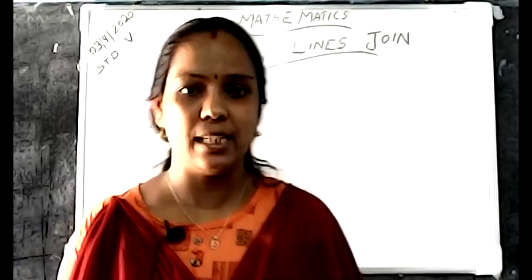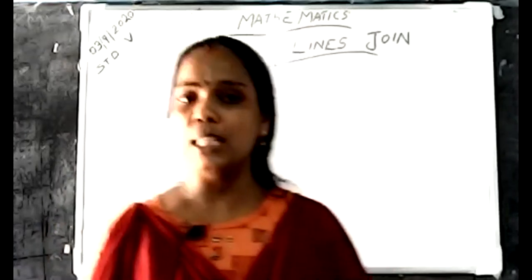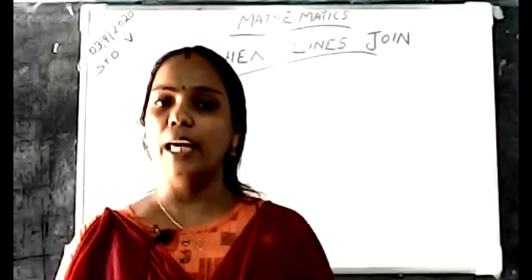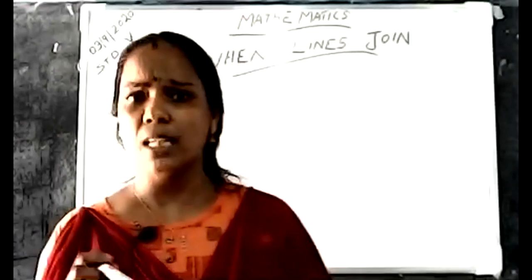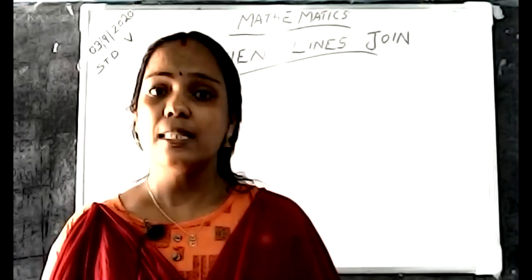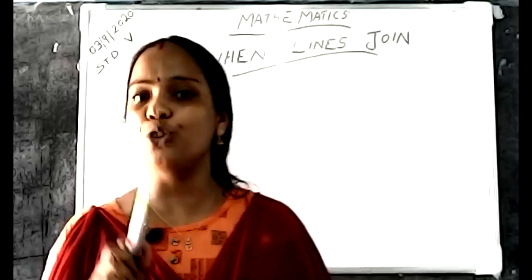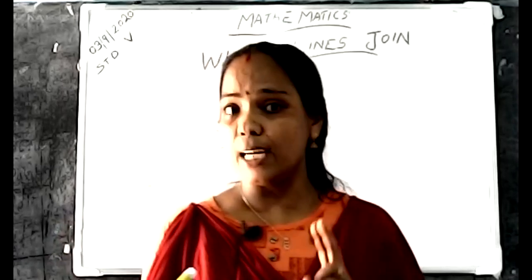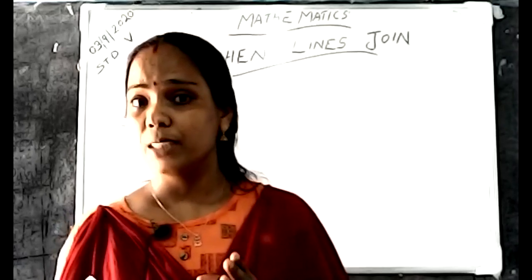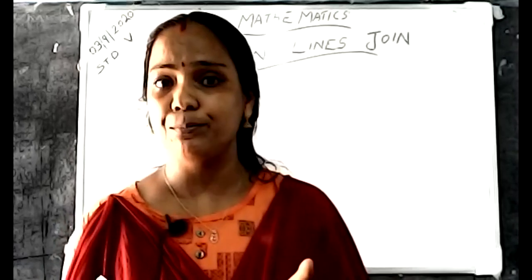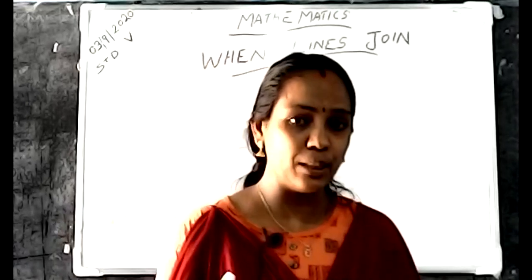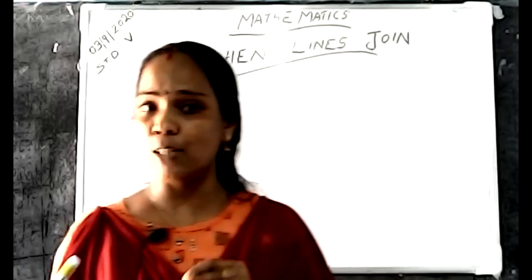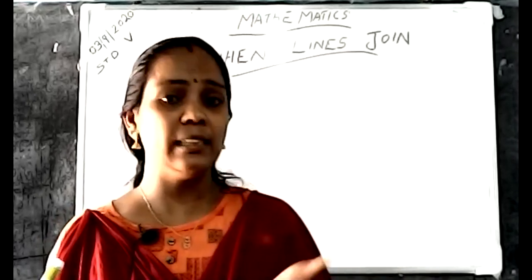Polygons. All of you draw these figures in your notebook and learn the names. This is a very important topic. Next, these are some geometrical figures. When some lines are joined, we get different shapes. When three lines are joined, you get one figure, a triangle. When four lines are joined, you get a quadrilateral. A quadrilateral includes some other figures such as the rectangle, square, etc.